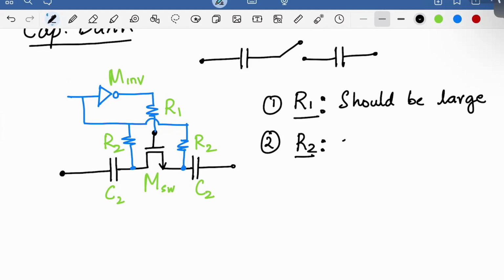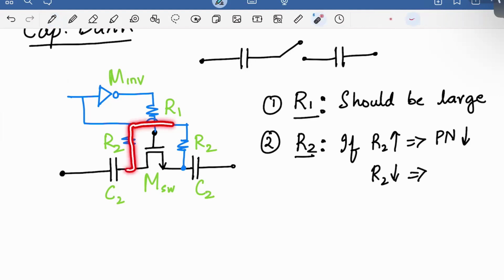So for example, if R2 is large, then the phase noise drops quite significantly because it's directly connected to the tank and it's not common mode, unlike R1, right? And that's why phase noise can degrade quite a bit. But now if I decrease R2, what happens? If I decrease R2, then you're essentially shorting this node and bypassing the switch, right? So then you don't have a discrete tuning anymore. So if you decrease R2, your CLSB drops, right? You don't have that discrete tuning anymore. So that's why you should